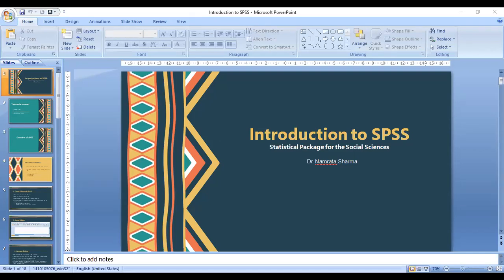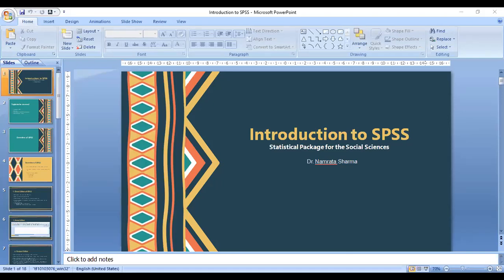SPSS uses several windows, and these are the most common windows which we mostly use. There could be some other windows, but I have not included them in this presentation because they are used very rarely.